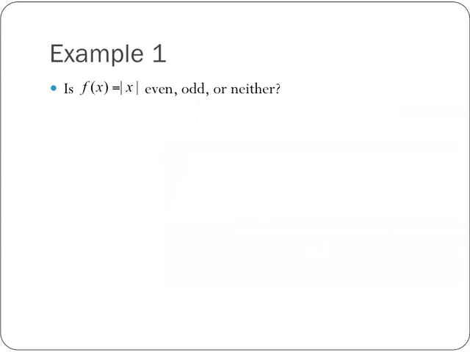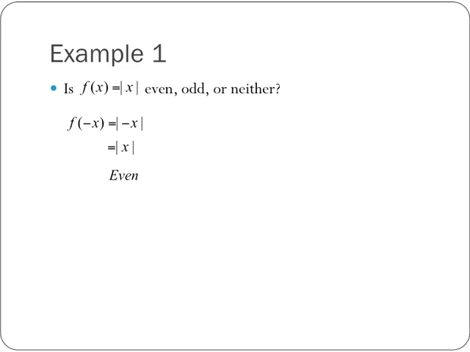Is f of x equals the absolute value of x even, odd, or neither? So without having to graph it, we can algebraically determine this by plugging in the opposite of x and simplifying this as much as we can. Now, since it is the absolute value here, the absolute value of negative x is going to be the same as the absolute value of x. Since this is exactly the same as plugging in positive x, we know that this is going to be an